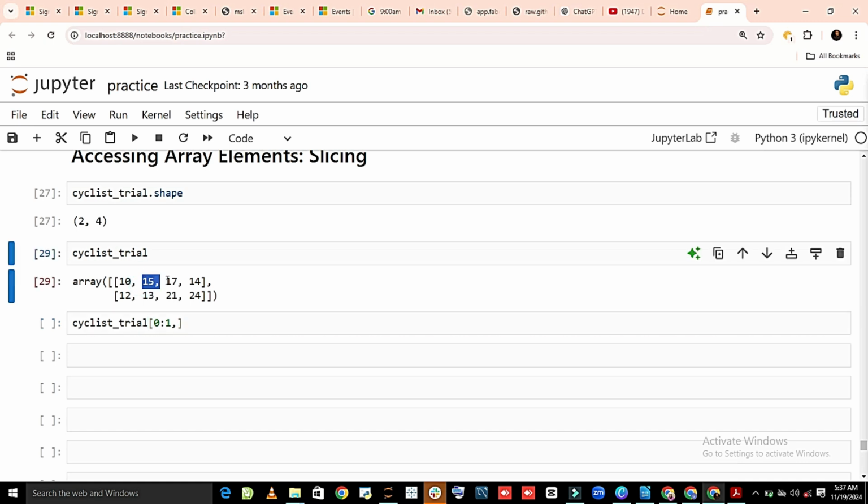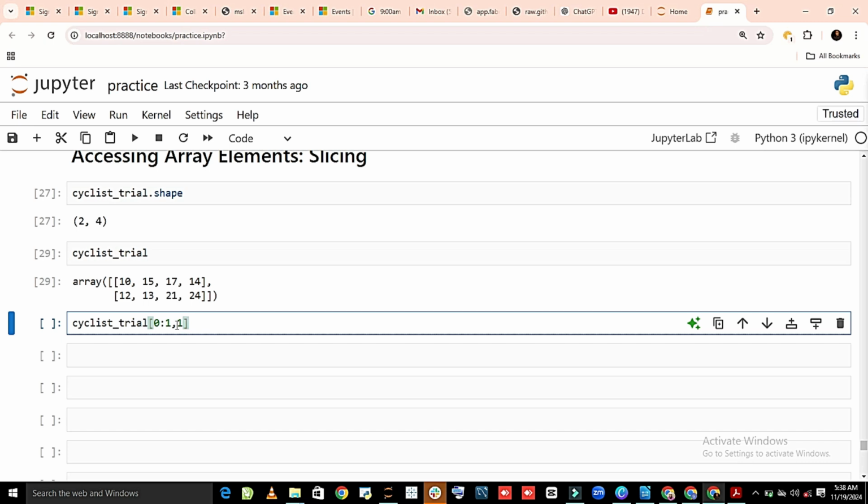Remember, this colon now, this other segment in this bracket, with a comma separating it, is to enter inside the different list. Since 17 here, the index number is 2, if I put 2, this 17 will not be outputted. So I have to extend it, because the last index is not always inclusive. So if I run this,